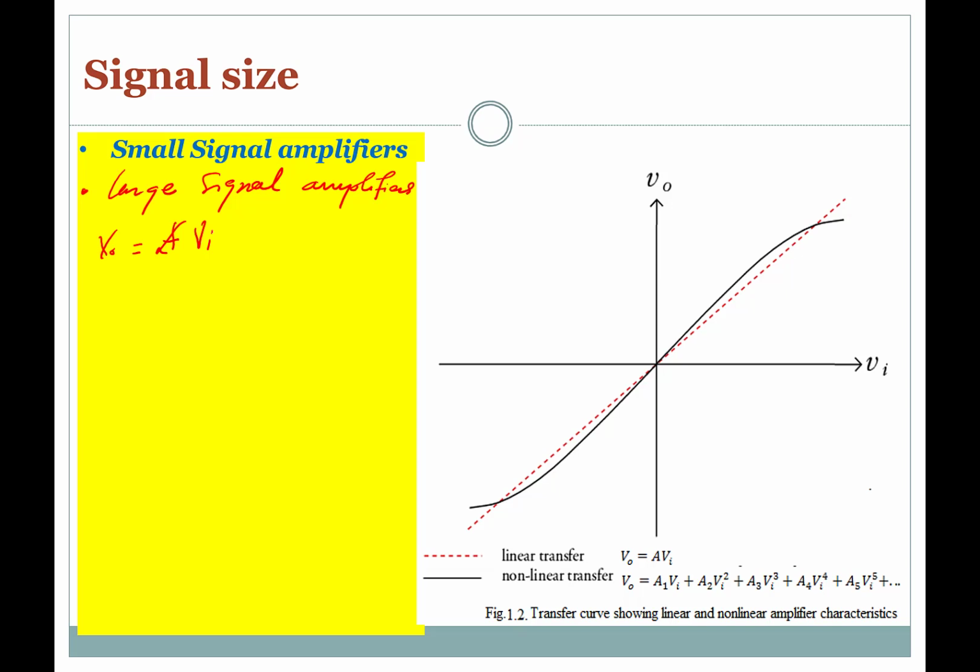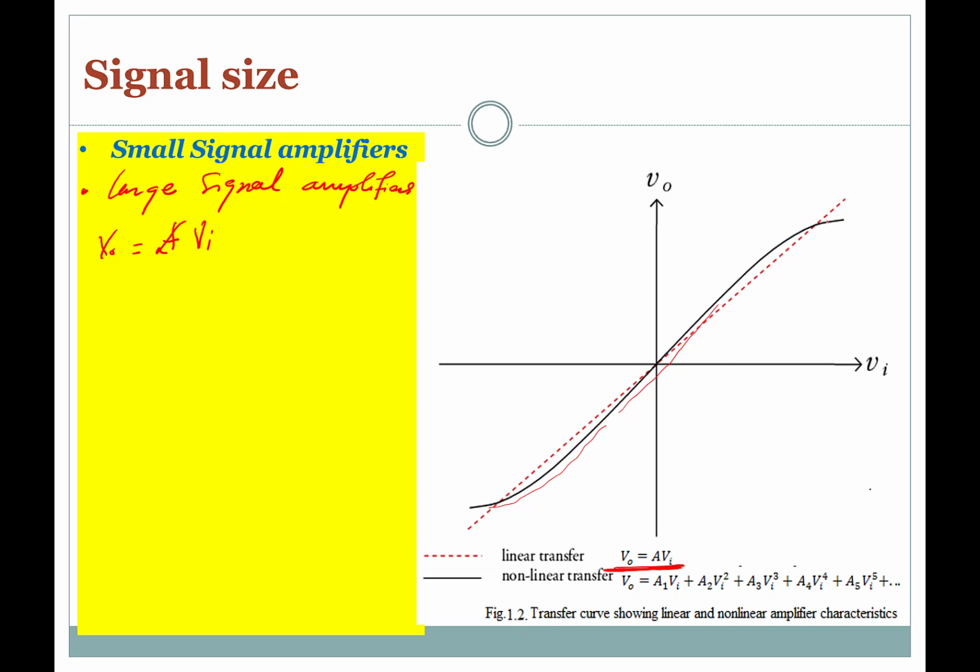So for the linear amplifier, we can say that the output voltage is given as V0 equals the amplifier gain times Vi. Now for a nonlinear amplifier, whose transfer curve would look like this, the black curve you see here,